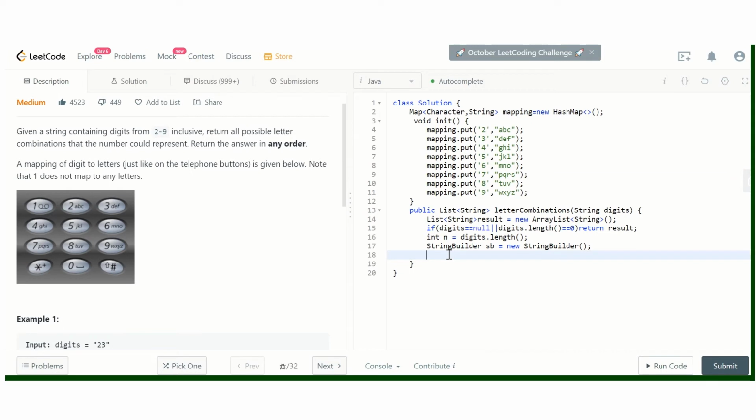And now let's create a function, recur. Yeah, let's name it backtrack.